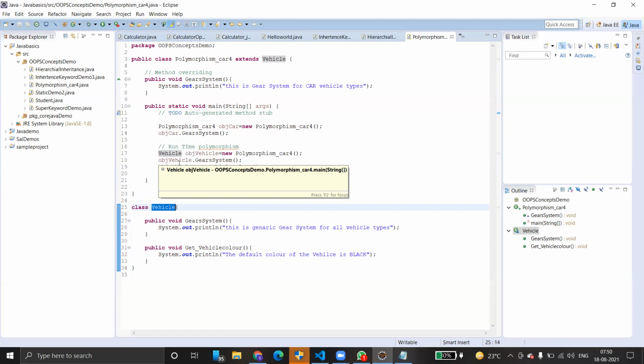So far we have discussed runtime polymorphism. Now we'll see compile time polymorphism, also called method overloading. It basically allows a developer to have more than one method with the same name, but the sequence, data types and parameters are different. These methods are distinguished by the order, data types and number of parameters. Now we'll see what static polymorphism is and how to do that. I'm just going to show you very quickly.